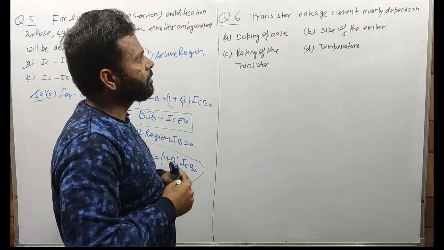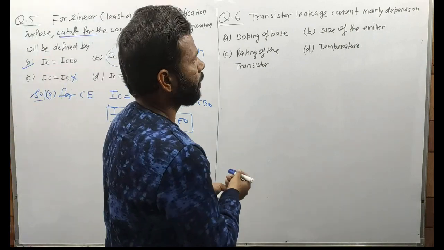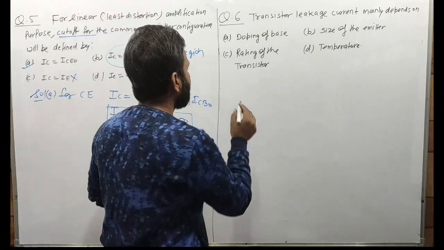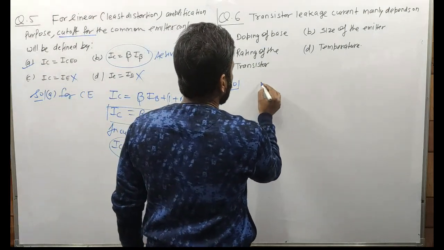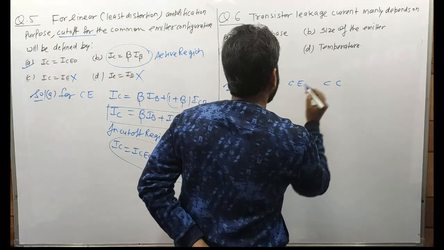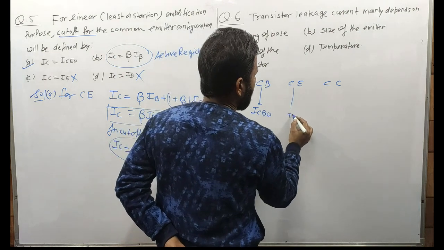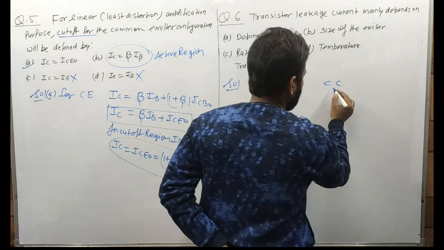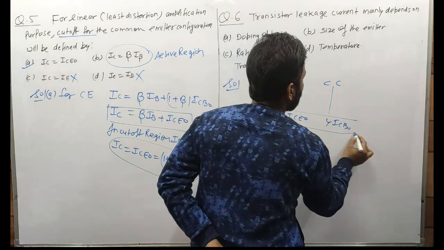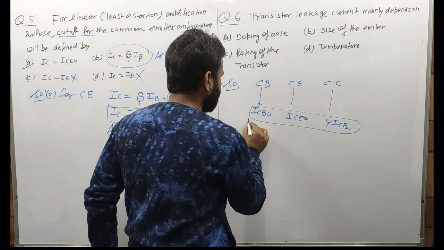नेक्स्ट क्वेश्चन है द ट्रांजिस्टर लीकेज करंट मेनली डिपेंड्स अपॉन doping of the base, size of the emitter, rating of the transistor, and last one is temperature. Now if you see for common base, common emitter and common collector, this is ICBO, this is ICEO and it is gamma times ICBO. These are the currents, it is called leakage current. These are the leakage current